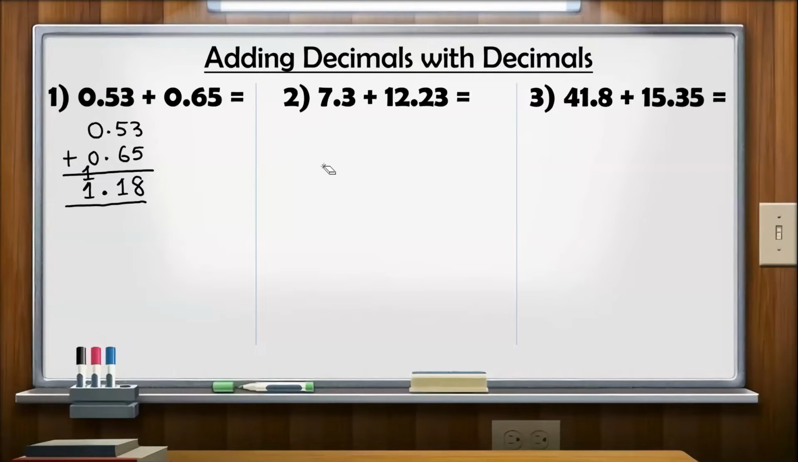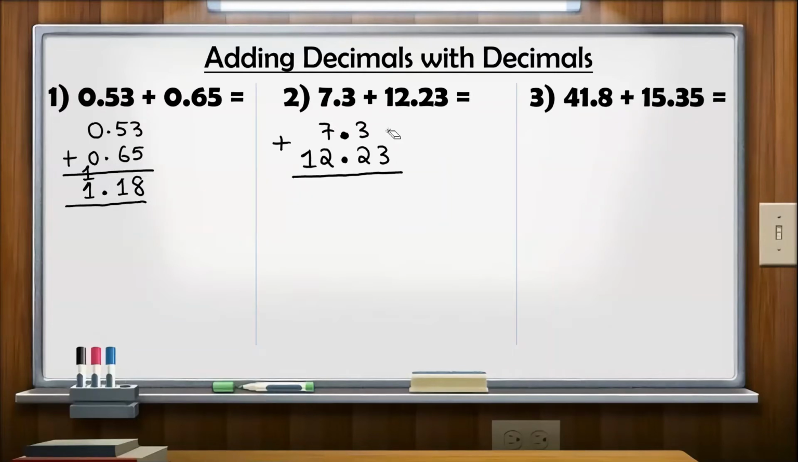Moving on to example 2. As you can see, the question has changed slightly. We now have 7.3 plus 12.23. When I am setting up the question, I need to make sure that the decimal points are stacked in the same position. This is important as it helps us put the numbers in the correct place value positions. So firstly, I'm going to put my decimal points, and then I am going to insert my numbers. So I have 7.3 plus